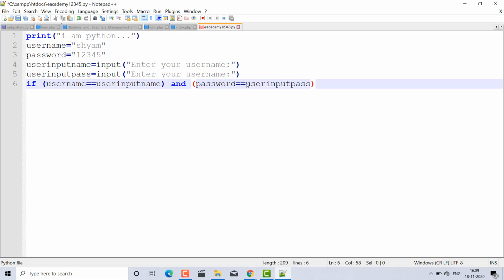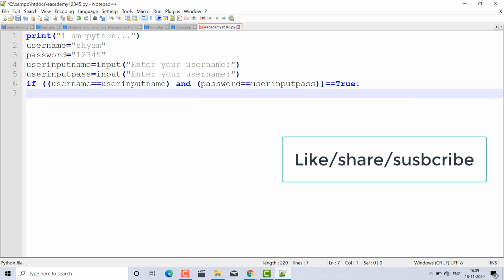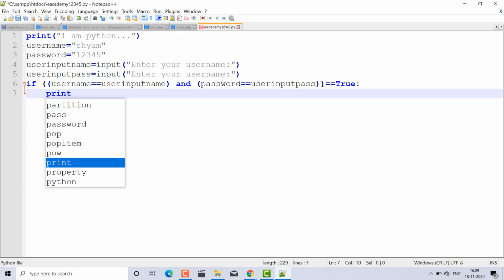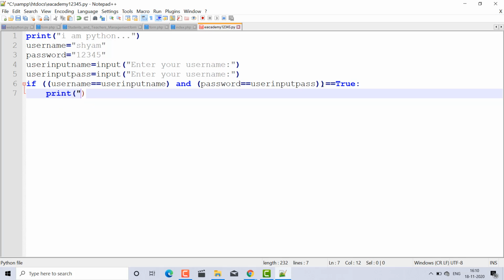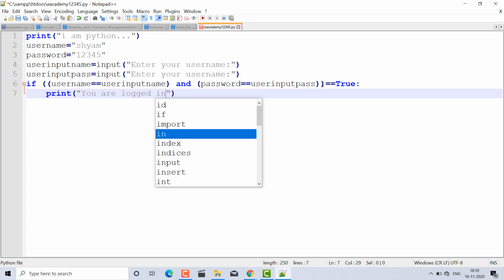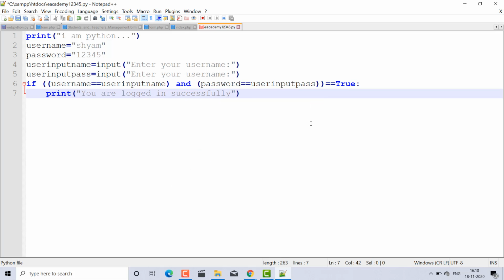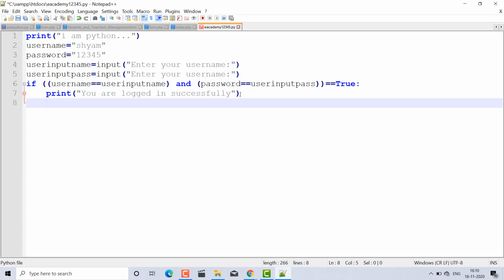If both conditions are true, if both return 1, that implies it's true, and the AND operator also returns true, then our if condition is true. Then you write here with indentation, which is the brackets in other languages: you are logged in successfully. And if your logic fails, in the else condition,